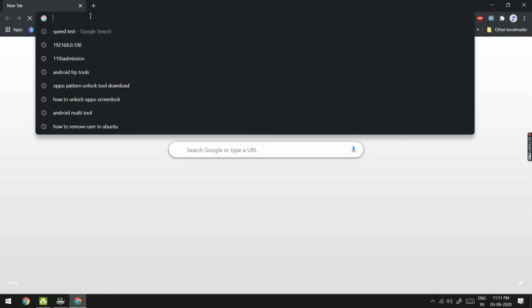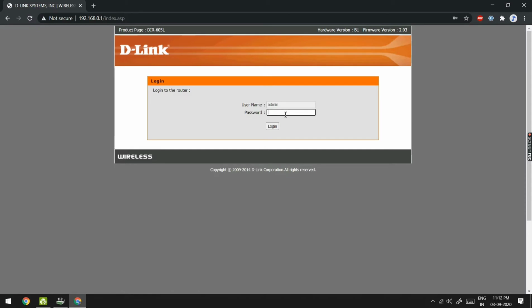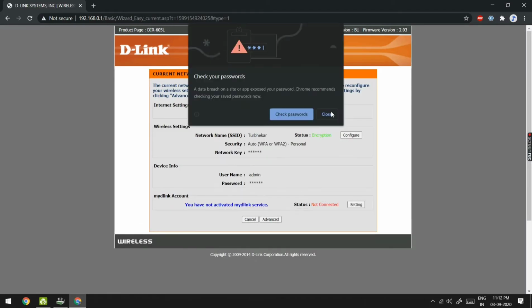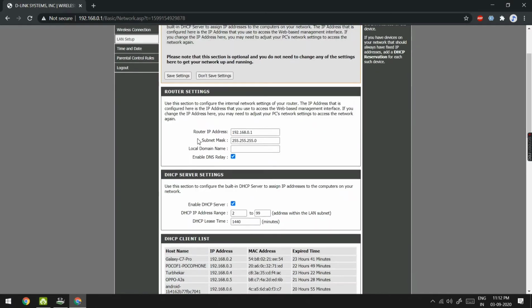Now we will see how DHCP works from the router. We will go to our gateway, or the router page, which is my router setup page. Then we will go to LAN setup. As you can see in the router settings, the router IP address is 192.168.0.1, from which we can access our router pages.